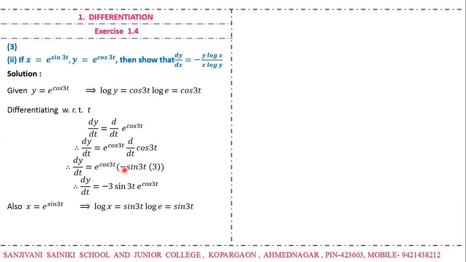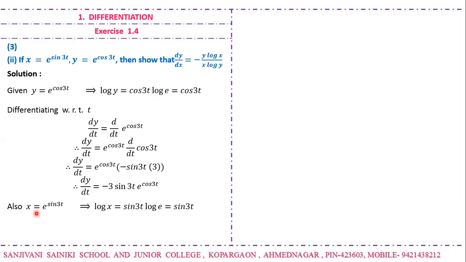Now take x is equal to e raised to sine 3t. Again, after taking the logs on both the sides, we got log of x is equal to sine 3t. Why am I taking the logs and have not used them in finding the derivatives? Because if I use those functions to find the derivatives, then I can get the answer much earlier. But this is the process that I want to share with you.